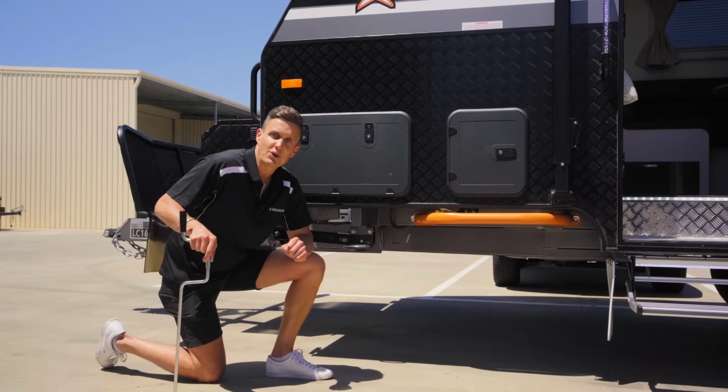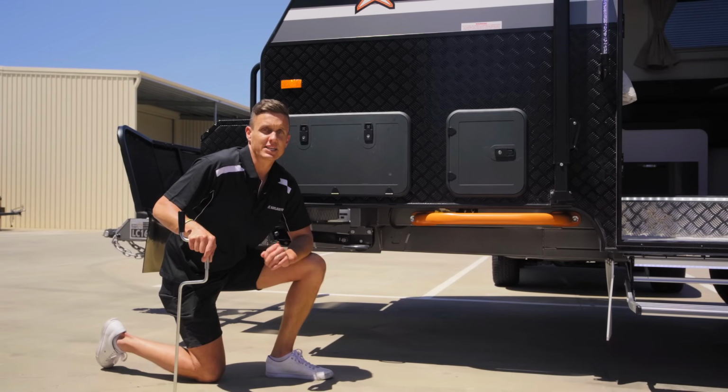I hope that has given you some insight into the new drop-down Manutec legs that we're running in 2024 here